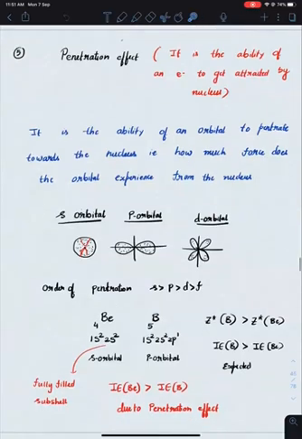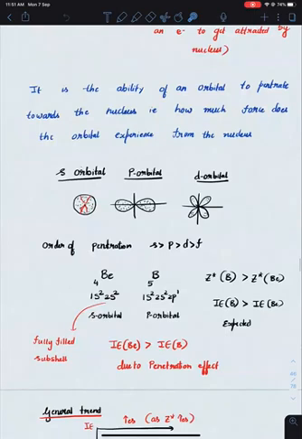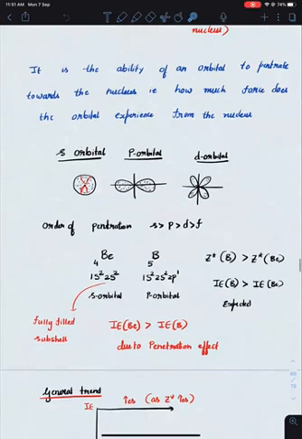Okay. So if you take the example of beryllium and boron, the Z star in boron is greater when compared to the Z star in beryllium. So the expected order is that boron should have greater ionization energy when compared to beryllium. But what will actually happen? Beryllium has a greater ionization energy because in beryllium you are removing the electron from the s orbital, whereas in boron you are removing the electron from the p orbital, which is less penetrated towards the nucleus. Or else you can say group 2 will have a greater ionization energy when compared to group 13 elements, right?